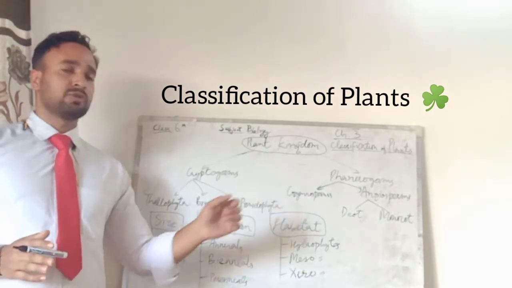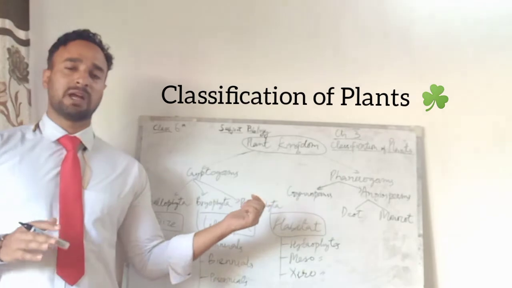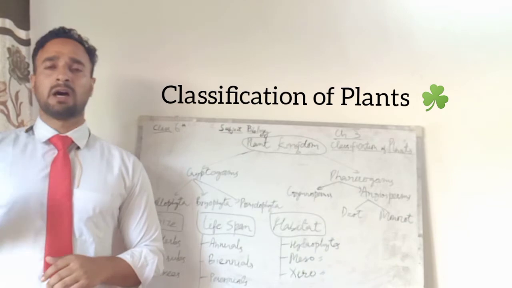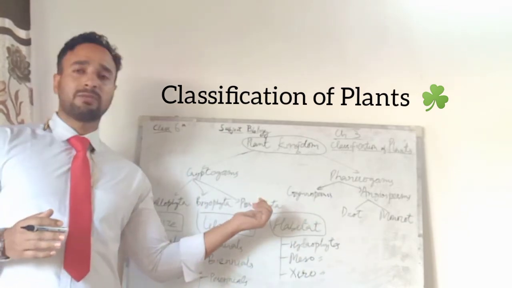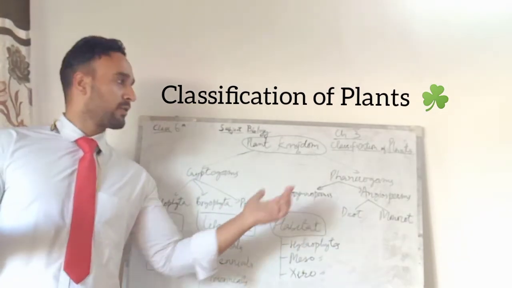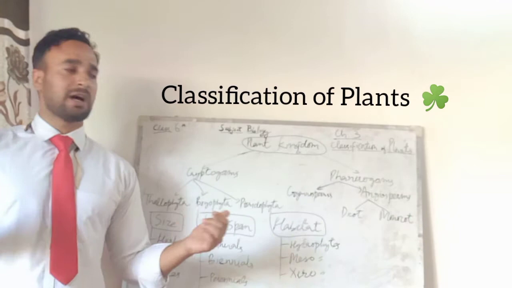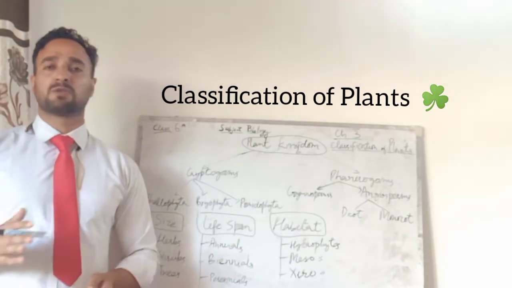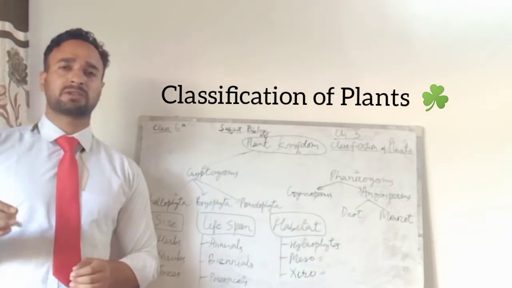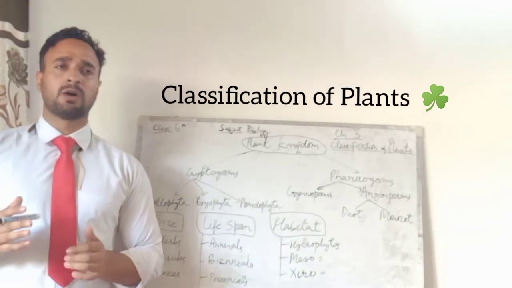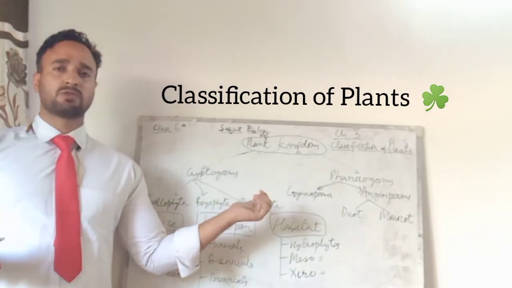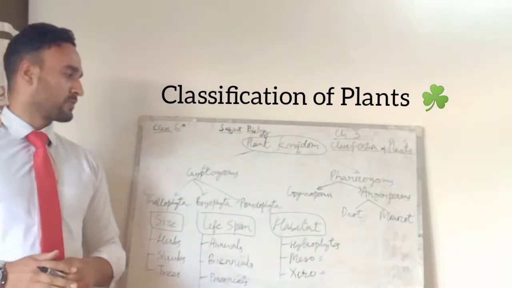Now come to the pteridophyta. In pteridophyta, the plant body can be distinguished into the root, stems, and leaves. However, the pteridophyta does not bear fruits and flowers. That's how we can distinguish pteridophyta from the gymnosperms and the angiosperms. It does not produce flowers, so does not produce seeds. Here the stem may be underground, which we call the rhizome, or the stem may be above ground. They usually grow in moist soil.